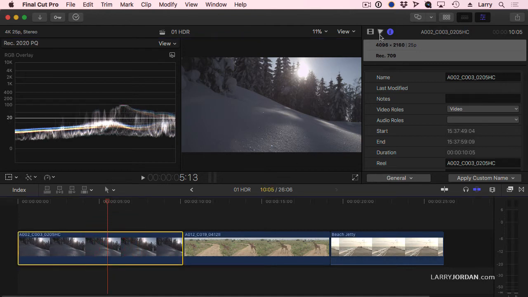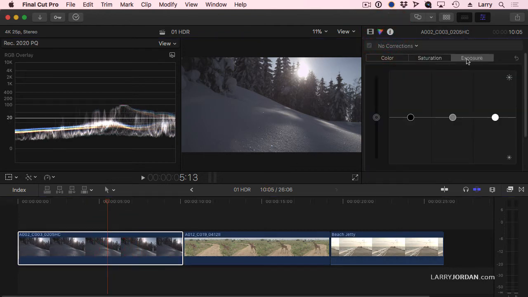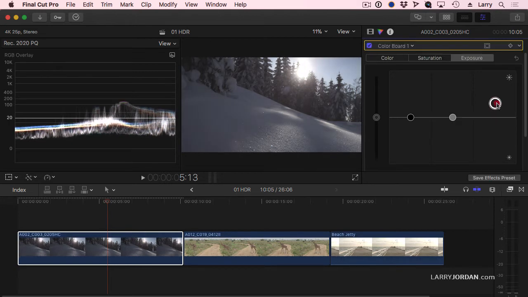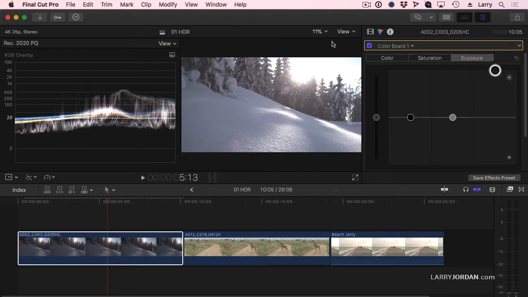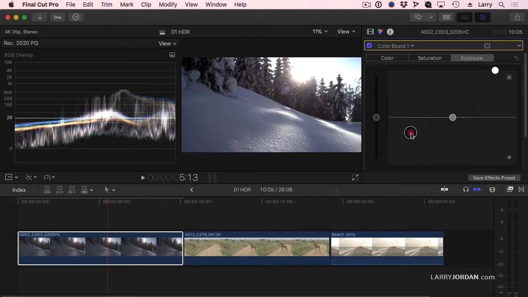If I select this clip and go up to the color panel and go back to the color board here, look at what happens if I raise the white level. I'm past 100. I'm up to 400. I'm as high as I can go, which takes it slightly past 400 nits. I'll pull my black level down. And what I'm able to do is to stretch the dynamic range from pure black in the shadows to well